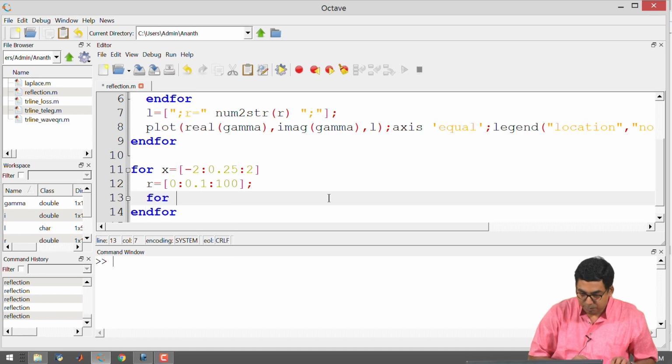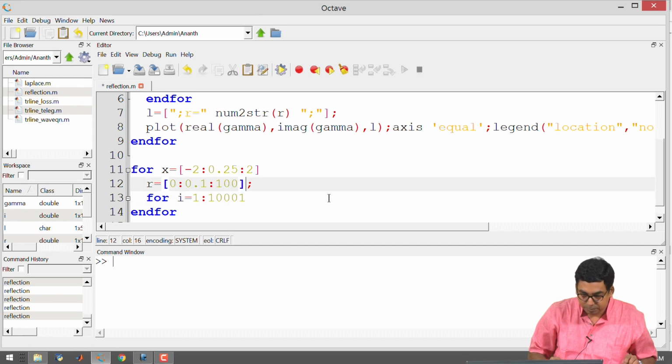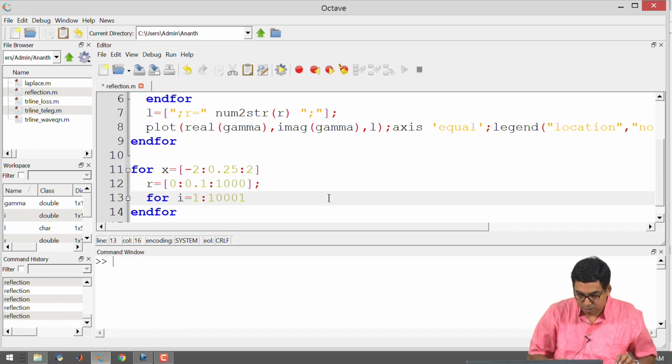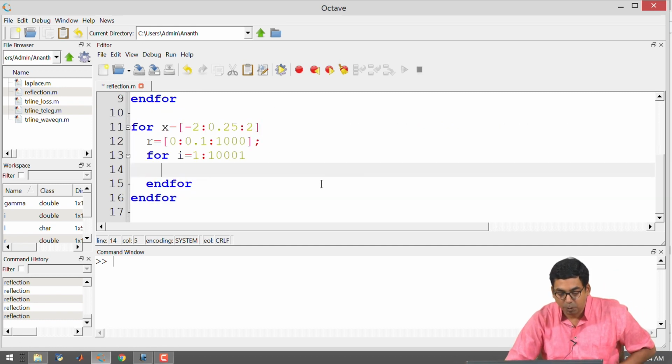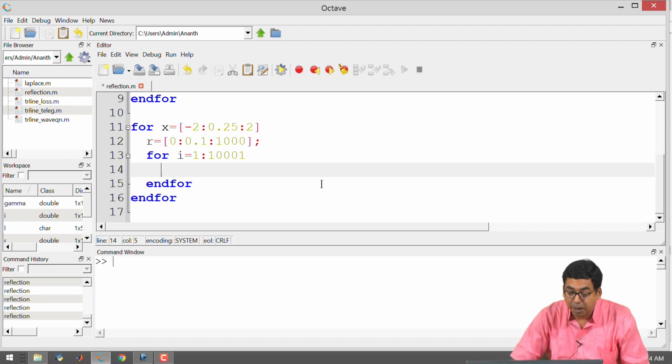So, now I'll have for i equal to 1 colon 10,001. Right. So, R going from 0 to 1000, and my i value is going from 1 to 10,001, and I